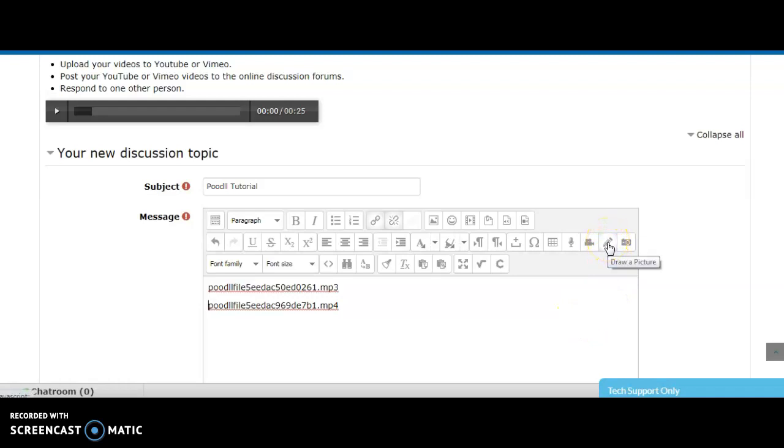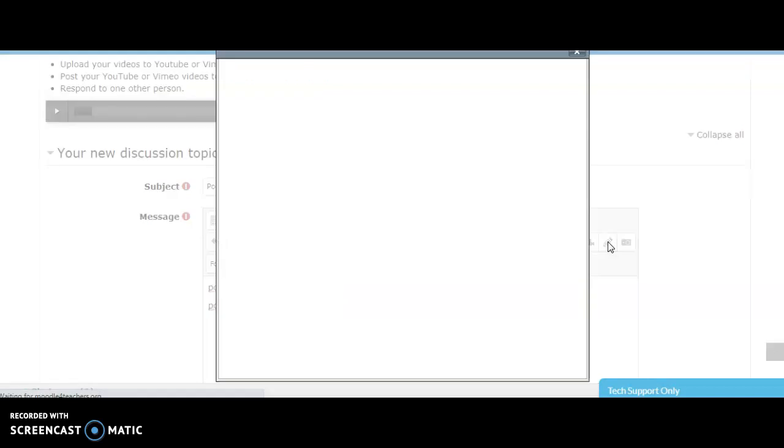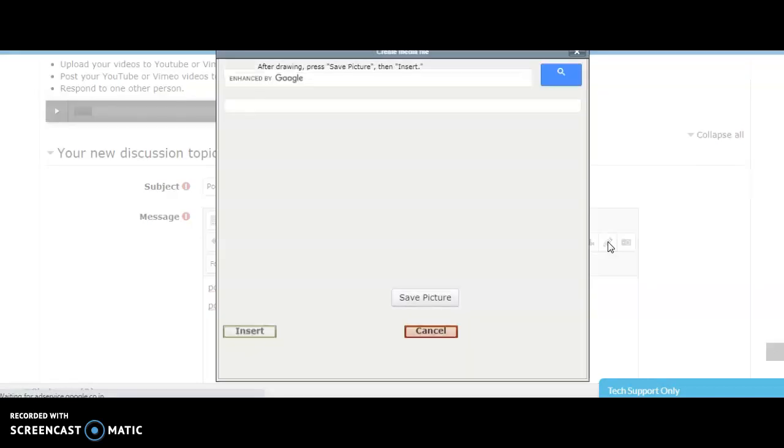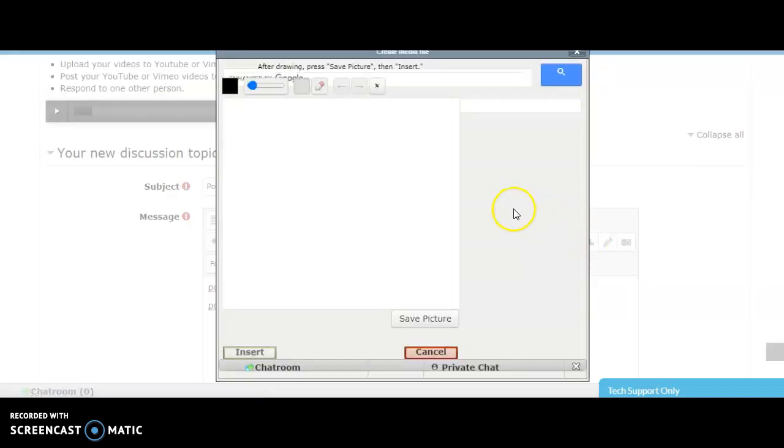I will click on the draw a picture icon. I'll get this thing on my screen. Here the first icon is for the color. If you click on it, you will find a number of color schemes available. You can choose the color scheme. I will choose the red color, and the next one is for fixing the size of the pen. So I will keep it on the minimum,